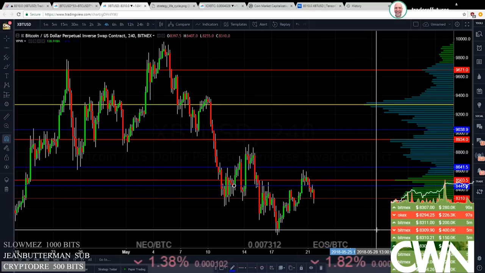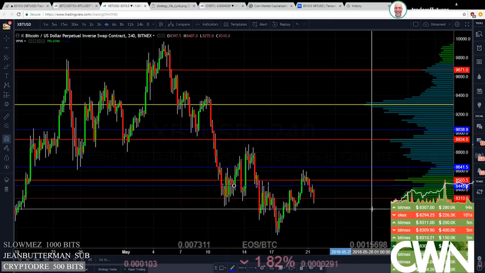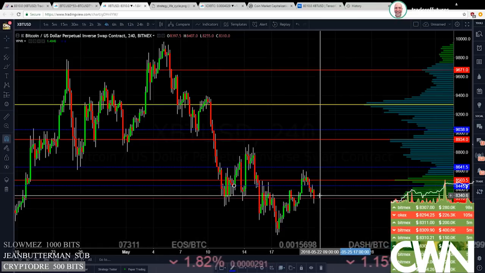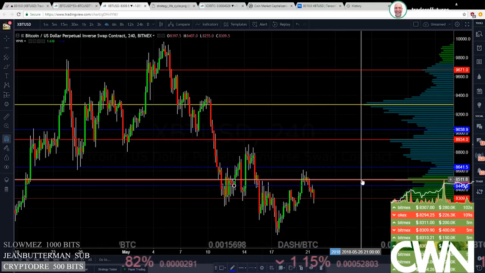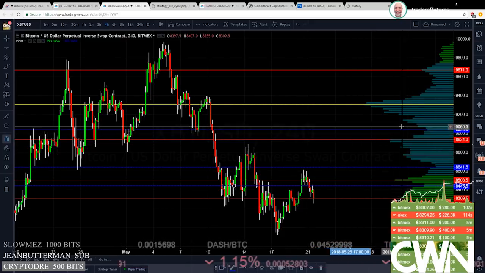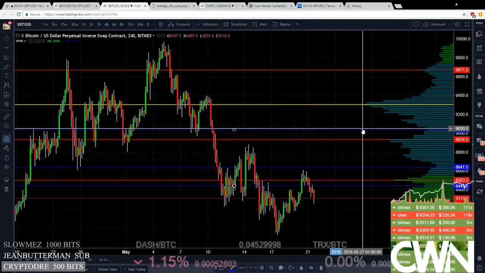So, given this and with a little bit of experience, I can start mapping out where I think price is going to go with a number of different scenarios. I would probably just do that by drawing arrows here where I think it will target. You can use these high value nodes as targets. You can use these low volume wells as entry points for trades.